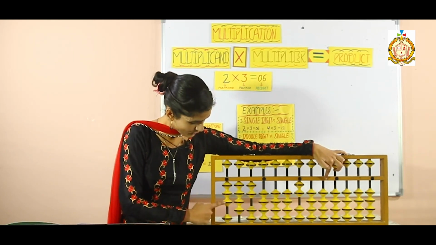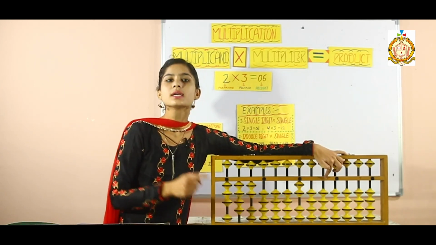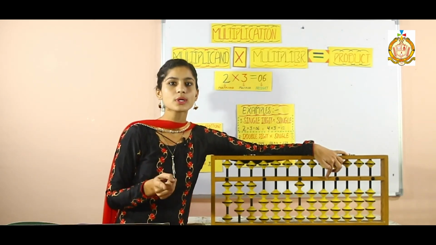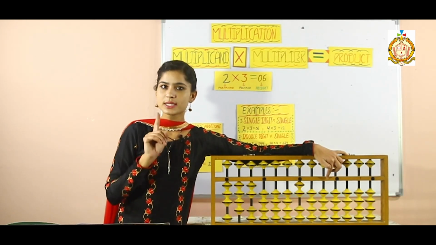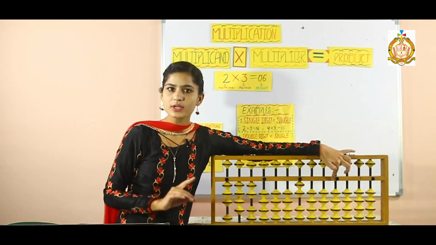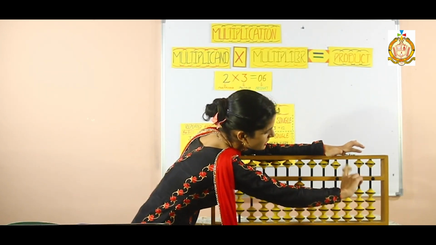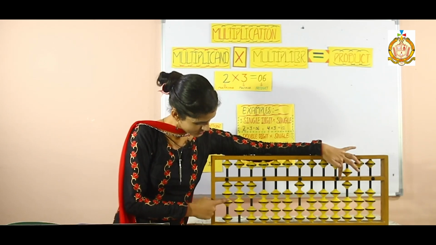Now the first digit is 3, the multiplier is 2, and 3 into 2 is 6, but 6 has only a single digit. Minimum 2 digits should be there. So in front of 6 we will place a 0. So on the fourth rod 0 will come, and there is no need of adding any bit. Then come to the third rod, 6. 6 is a butterfly number. Together we have to add. 6 is added.